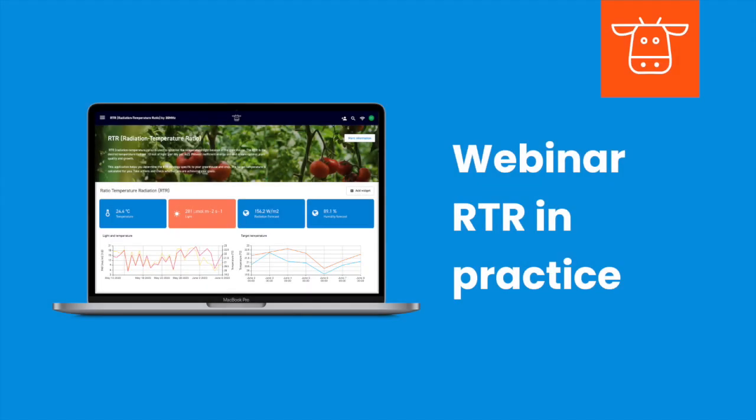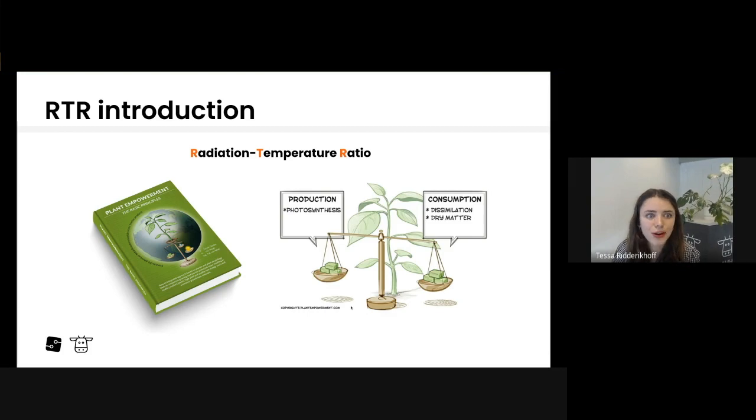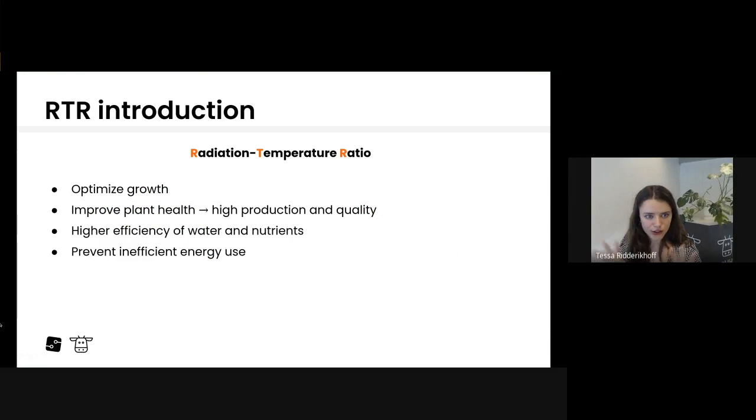RTR stands for radiation to temperature ratio. The RTR strategy is a part of Growing by Plant Empowerment. With this, the natural physiology of the plant is combined with data-driven insights to get the optimal results. So in conclusion, the strategy can help you save money by increasing the efficiency of energy, water, and nutrients,